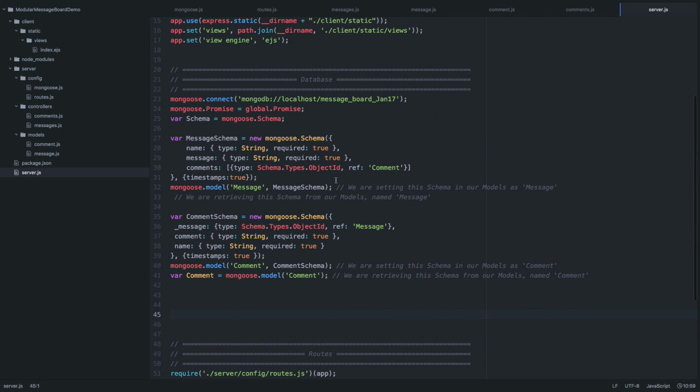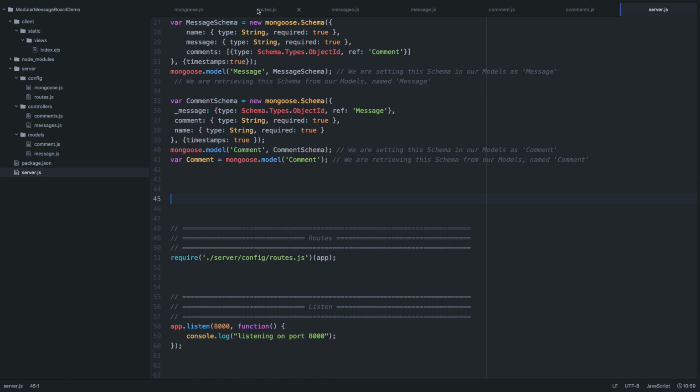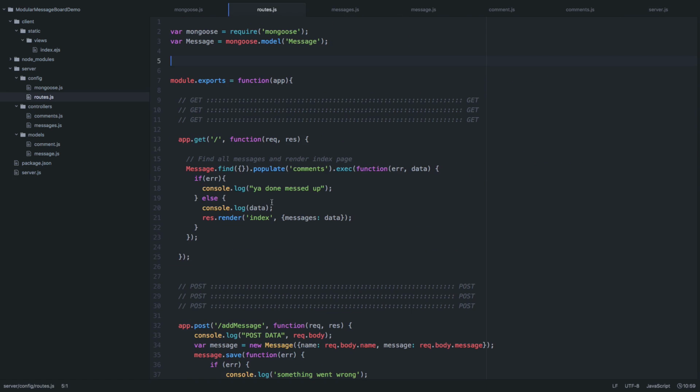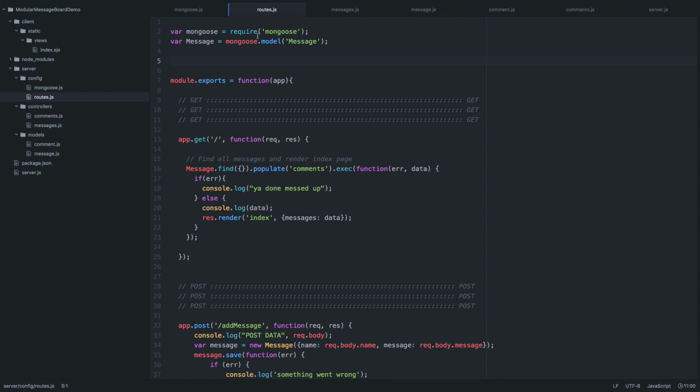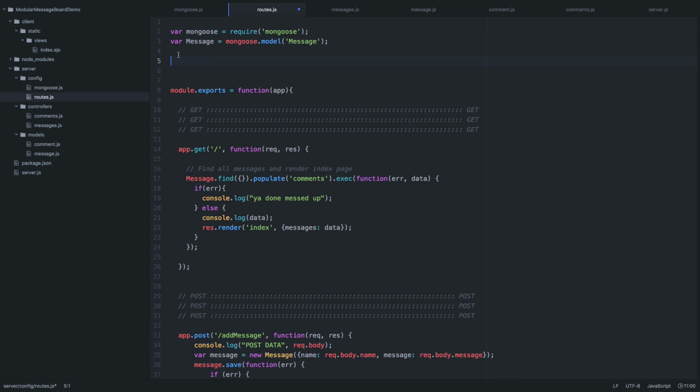All right. So the next step is to get these routes, the functionality of these routes, into our controller file. Okay, so we have our messages.js, and this guy is our controller file. In our messages.js, we're going to module.exports an object. And in my routes, I'm going to require that object. I'm going to say here, require controller